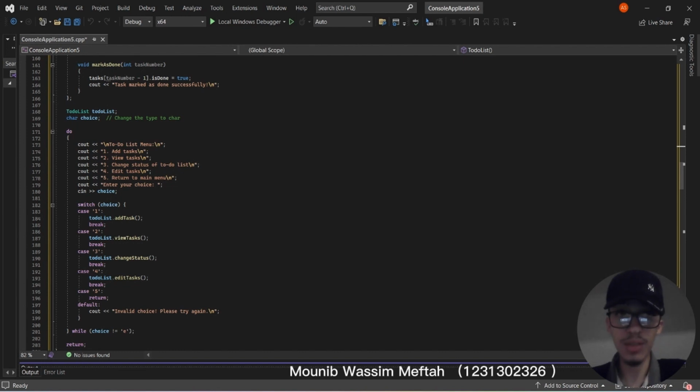"Invalid choice. Please try again." message prompting the user to input a valid choice, and the program exits or continues execution depending on the context. In summary, this code snippet provides a text-based menu system that allows the user to interact with the to-do list object by selecting various options to manage tasks in the to-do list. The loop keeps running until the user chooses to exit by entering